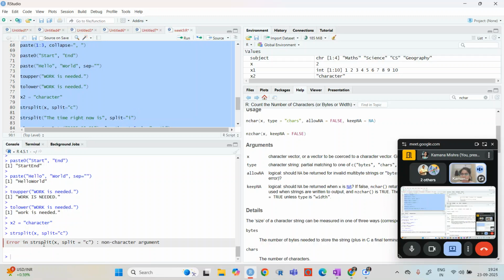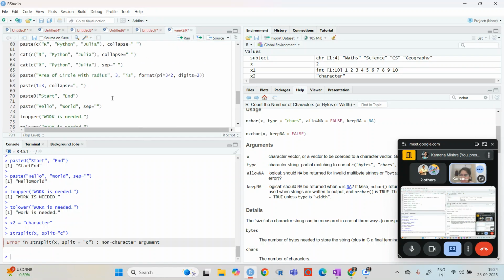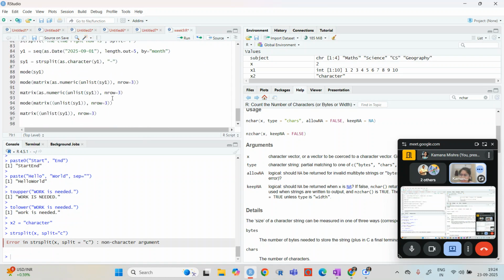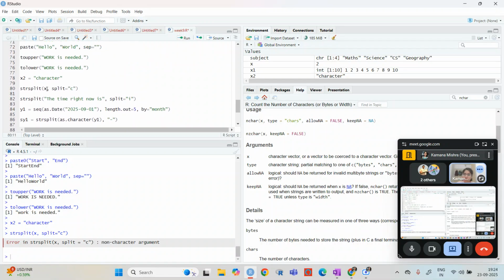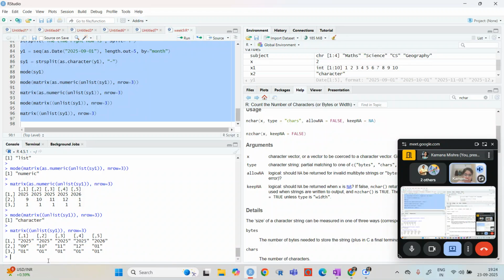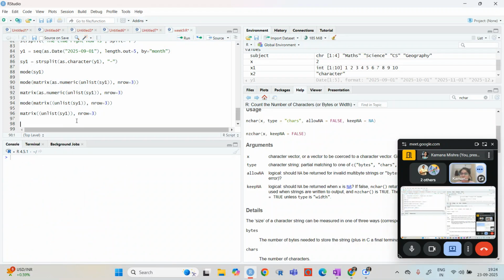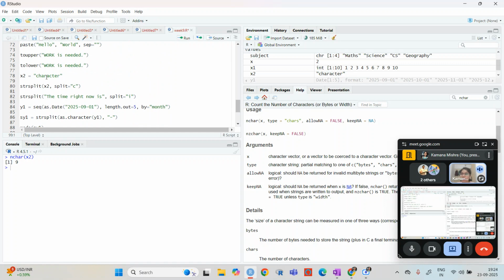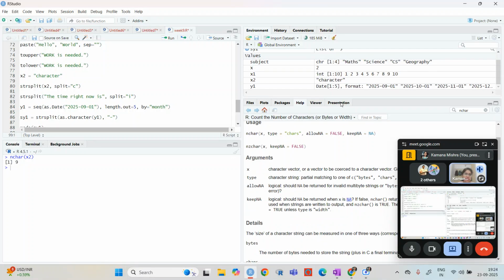Okay, now all are saved correctly. If I write nchar x2, you can see it is 9: 1, 2, 3, 4, 5, 6, 7, 8, 9. Right, so this is 9.